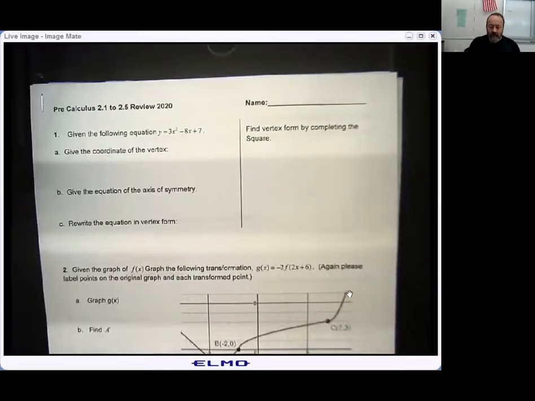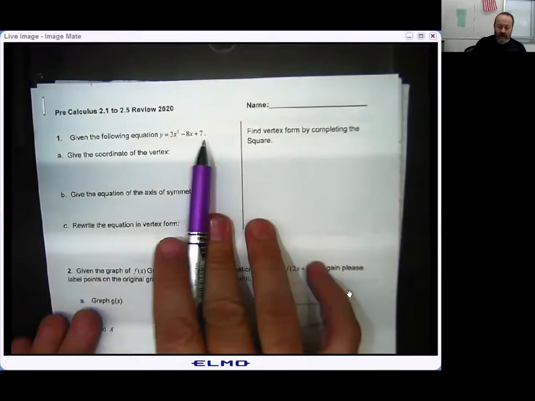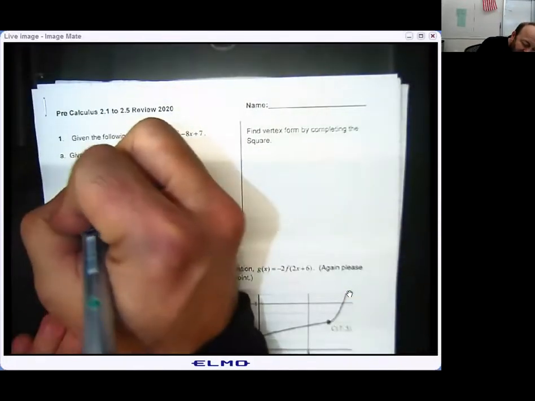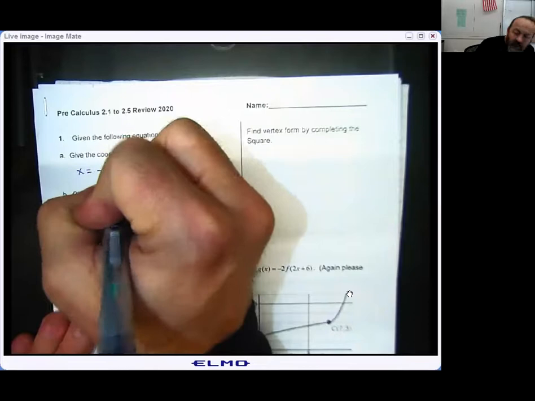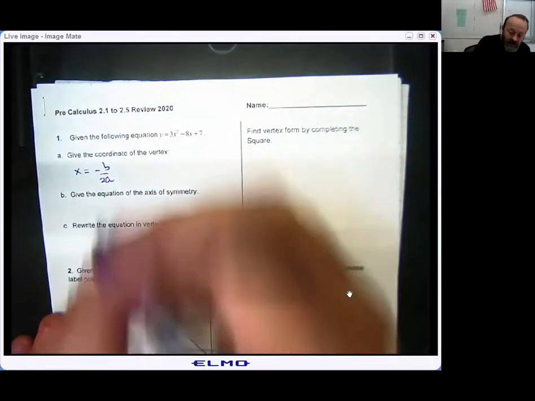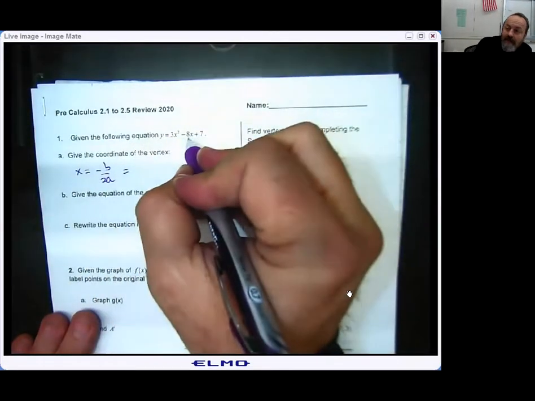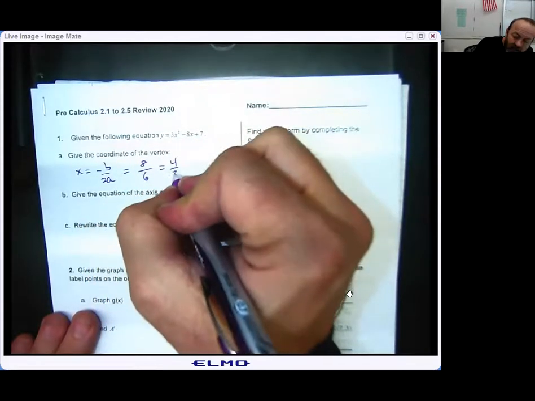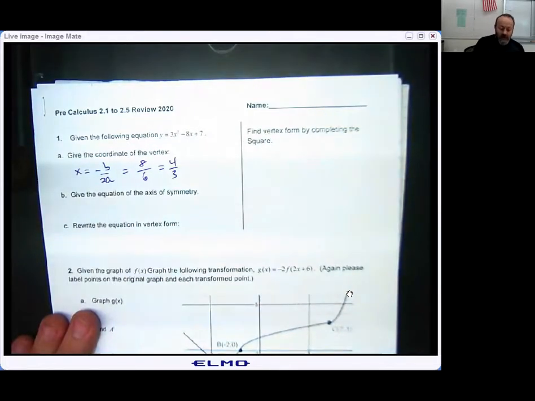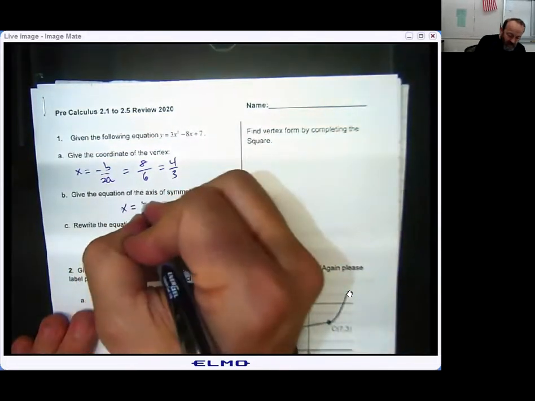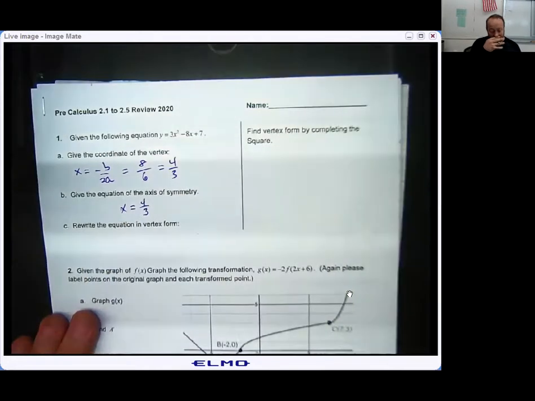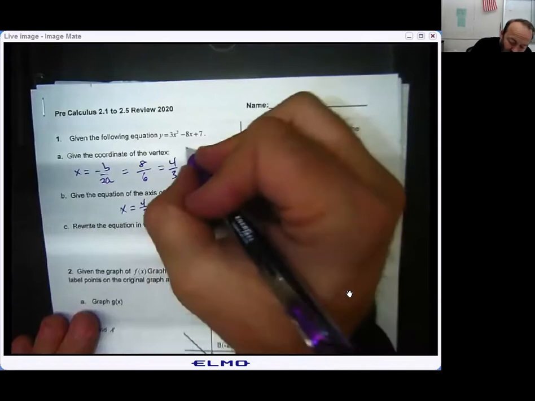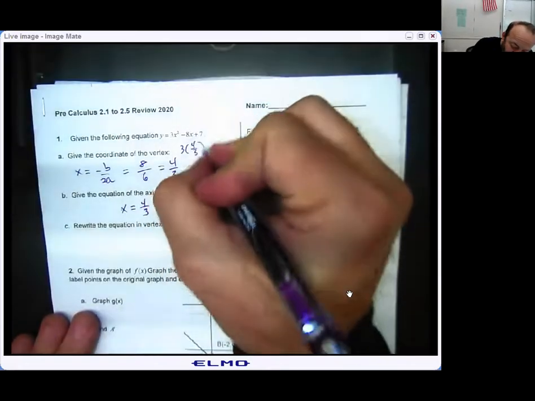There's a couple of ways that you can solve for the vertex of a problem. One of those ways is you could use the x equals opposite b over 2a version, which we did earlier this year. The opposite of b would be positive 8, and 2a would be 6, which gives me x equals 4/3, which is the equation for the axis of symmetry. Now, if I were to go back into this original problem and plug in 4/3, 3 times 4/3 squared